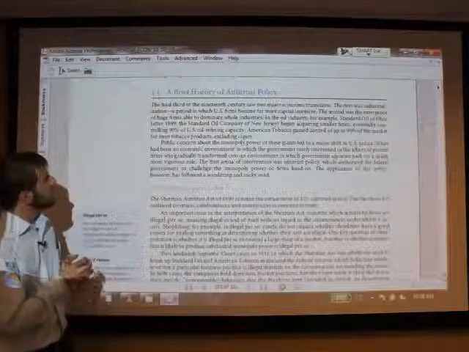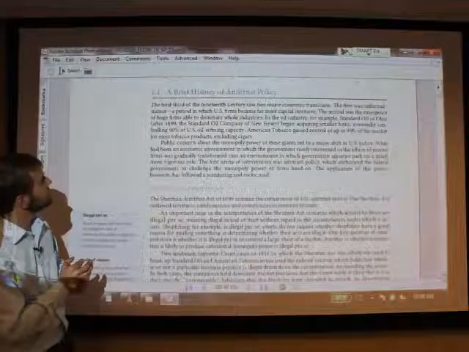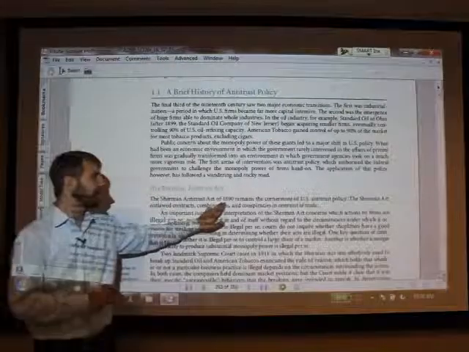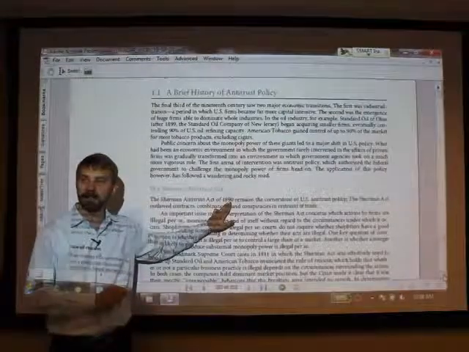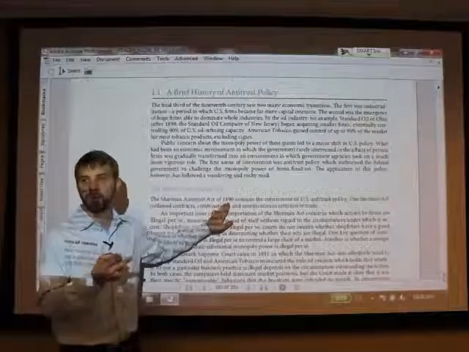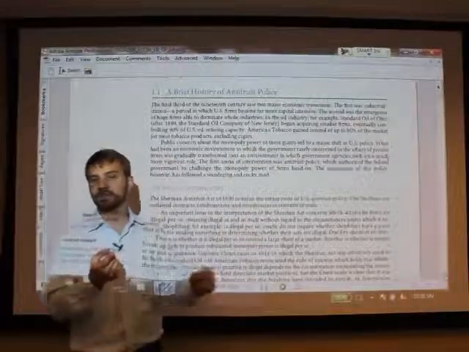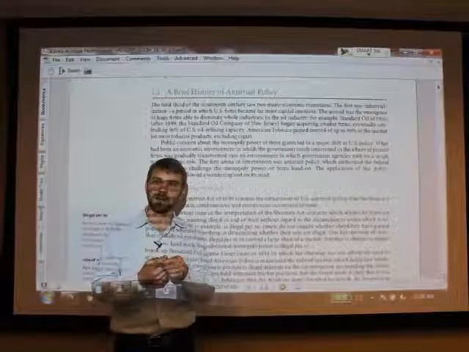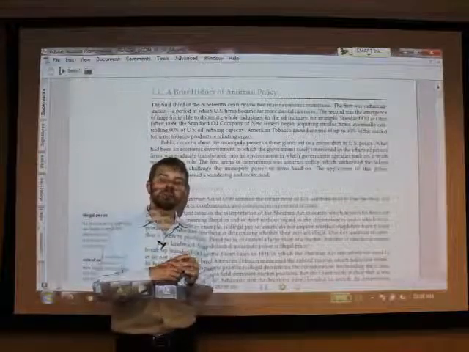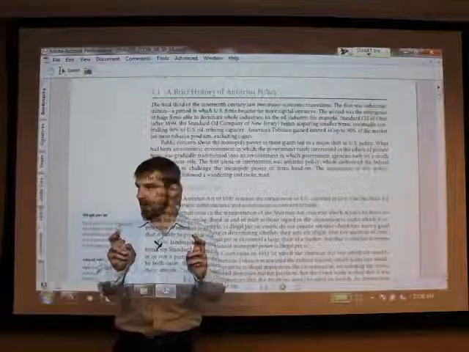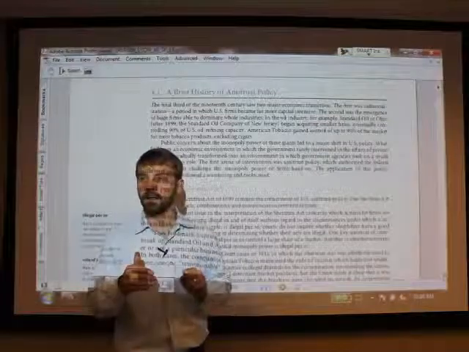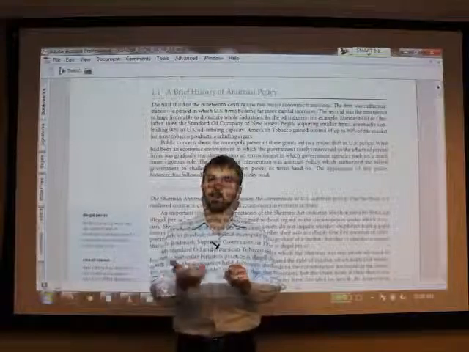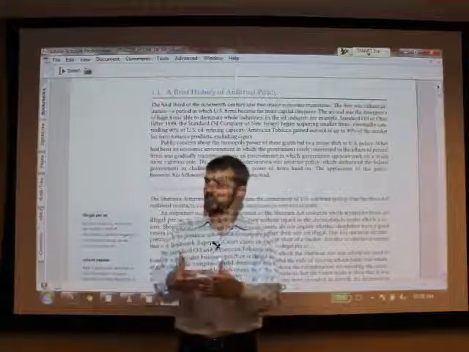The first law that the United States passed was called the Sherman Antitrust Act, and this was passed in 1890. There are really two main parts to it. One, which is called Section 1 of the Sherman Antitrust Act, is laws that prohibit monopolization. These are activities that a firm might undertake in order to achieve a monopoly.